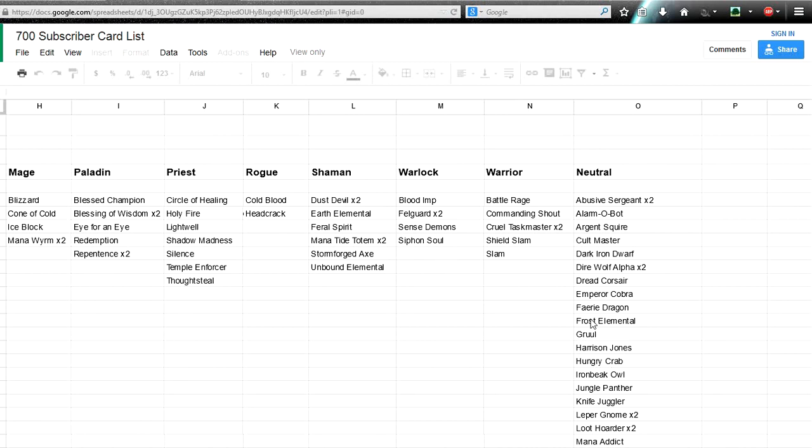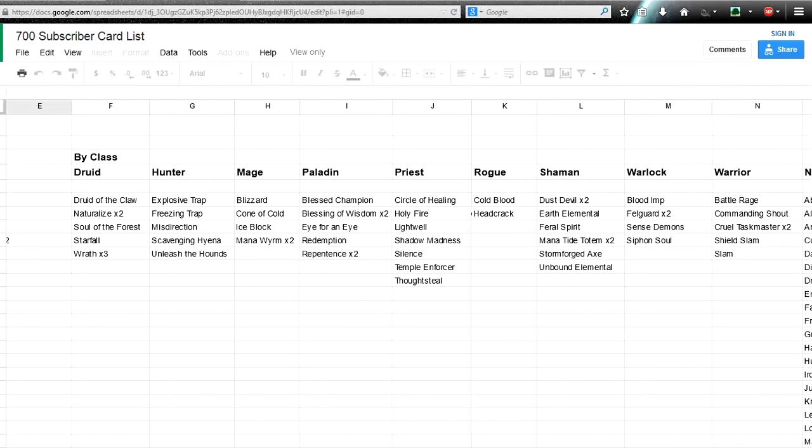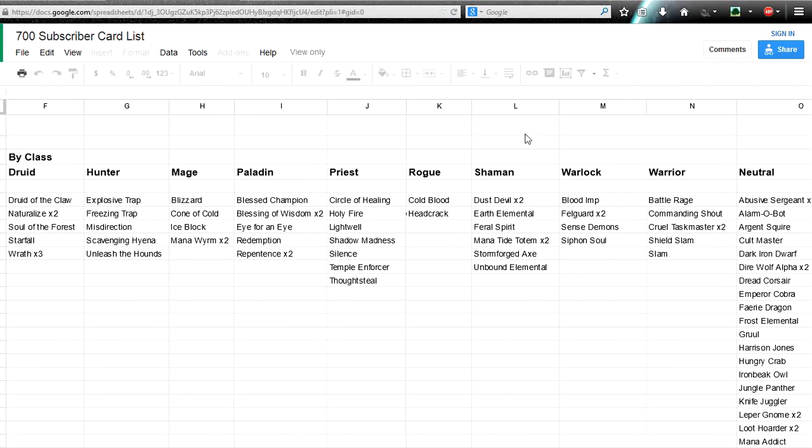And the Warrior, we have Shield Slam and Slam, and Cruel Taskmaster, which sort of is the very, very beginnings of a control deck, but frankly, we just don't have the legendaries to support it, and we don't have the other warrior cards to support it. So I think that it might be possible to make a deck with this as the base, but I really think the core of what we have here is going to be